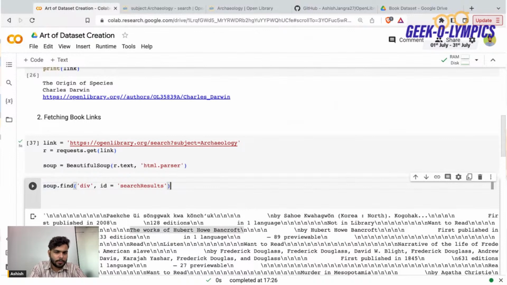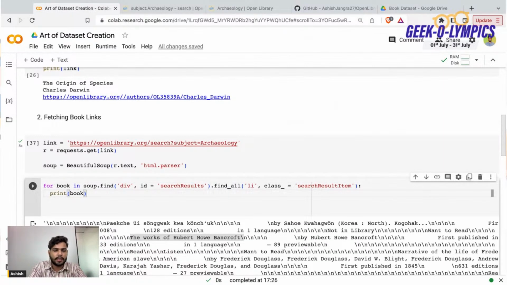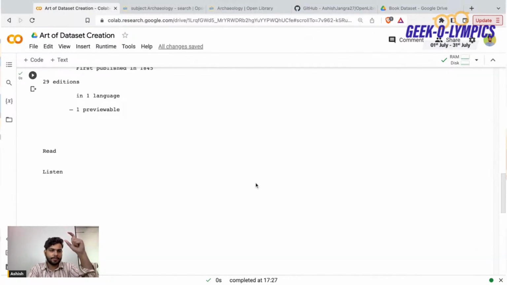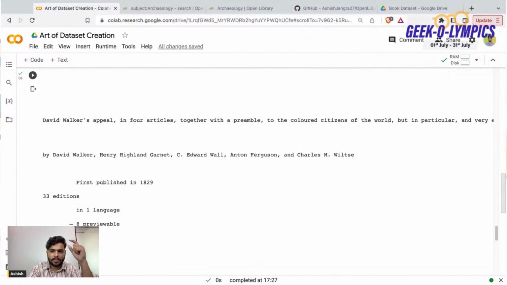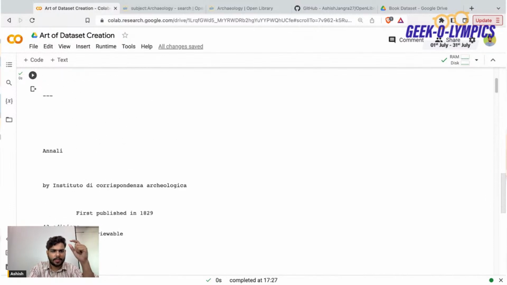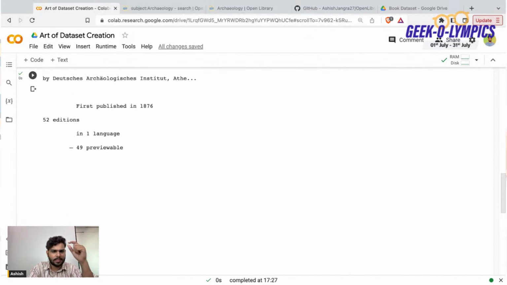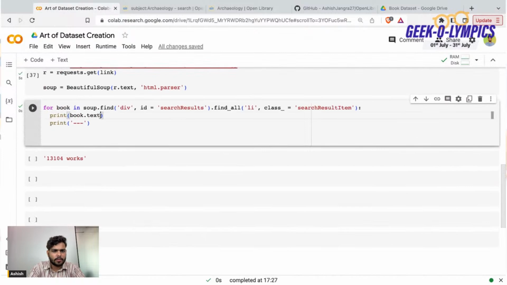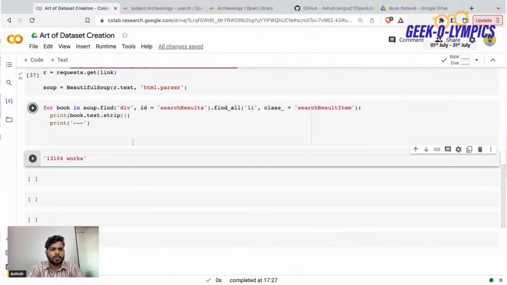So what I'll do is go inside this and find all the li tags with the class equal to this one, for book in this. And if I'm printing the book data, let me print dashes in between and book.text. So what it will do is go to the first div of the first book data and print it. Okay, let me write dot strip so that you can understand it in a better manner, because there are a lot of things. Dot strip. If I'm executing it,